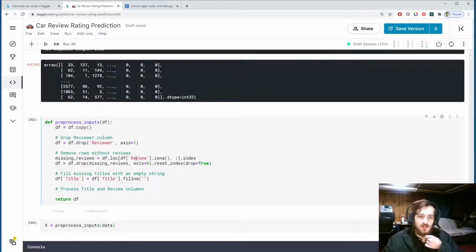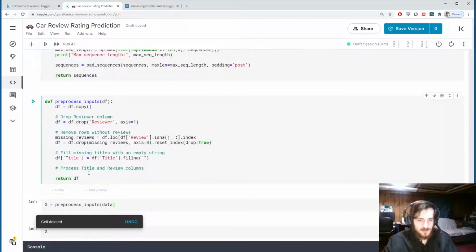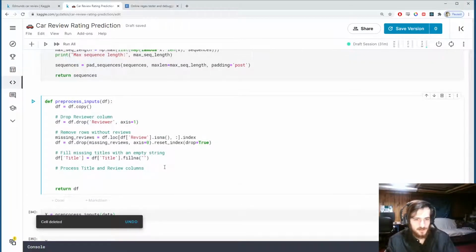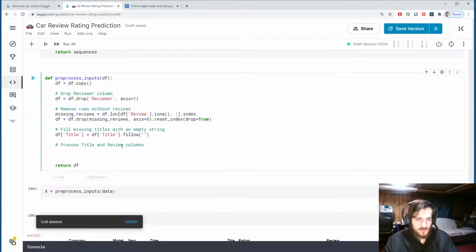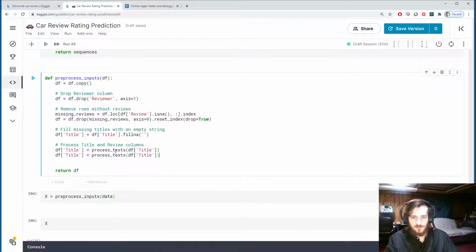So let's put this on hold. What we'll do down here is process the title and review columns using our process text function. So df sub title equals process texts of df sub title. And similarly for the review, it's the same thing, just using review instead of title. Alright, once that's done,